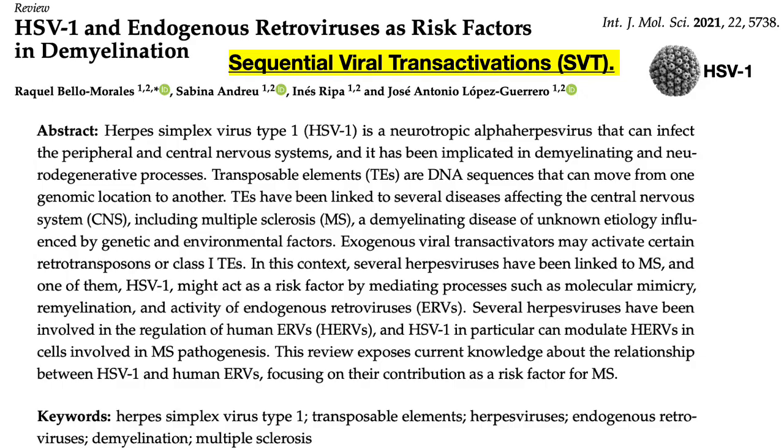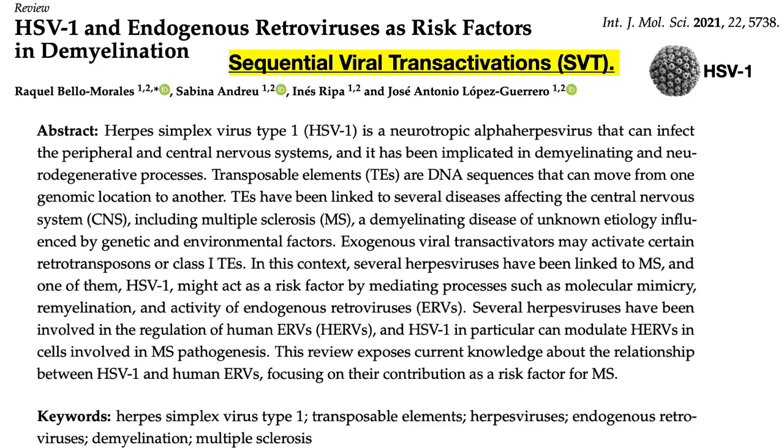We can utilize the concept of sequential viral transactivations to introduce a key paper which we will examine in more detail in part 3 of this YouTube series. HSV-1 and endogenous retroviruses as risk factors in demyelination. And this paper will be used to analyze demyelination events that are occurring in a subset of long COVID patients. So reading from the